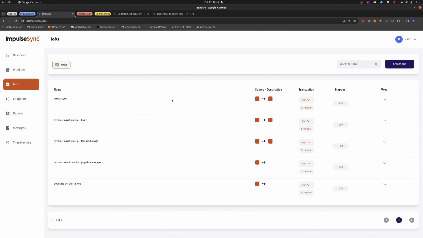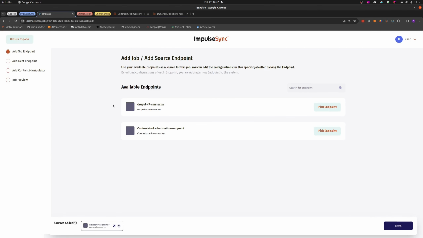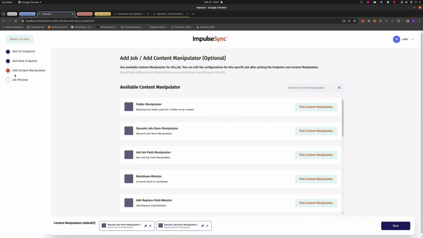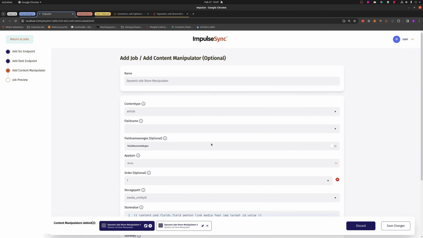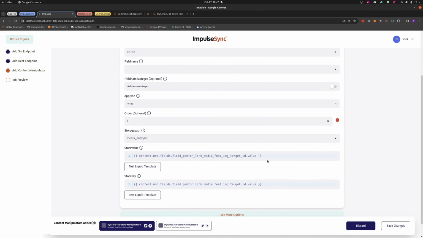Now, looking at examples real quickly of how this would look in the UI, we have this populate dynamic store job, and we'll see that it is set up to not deliver any content. Instead we have the dynamic job store manipulator, where this job will run, and when these manipulators fire, we're going to store our dynamic values with our key value pairs here using a liquid template,